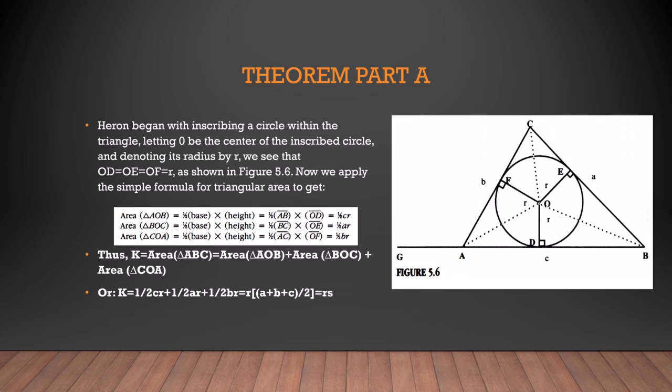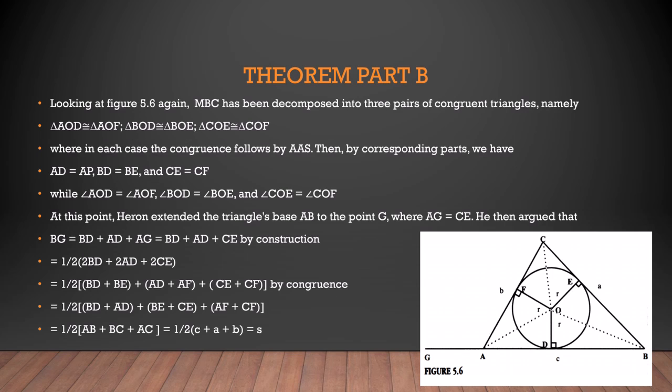Or K is equal to 1/2 CR plus 1/2 AR plus 1/2 BR, which can then be simplified down into R is equal to the quantity A plus B plus C over 2, which is equal to RS. So in the end, K is equal to RS. Theorem part B states that, looking at the same figure, 5.6 again,